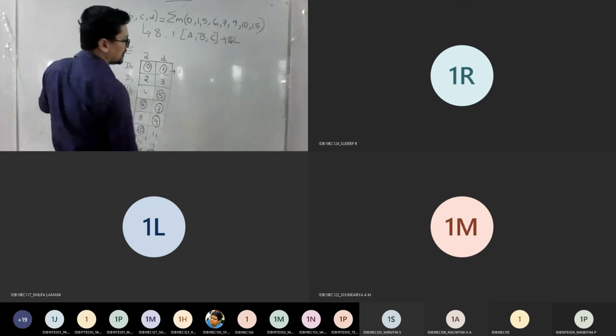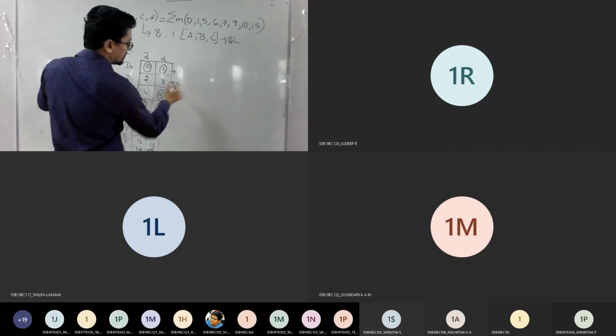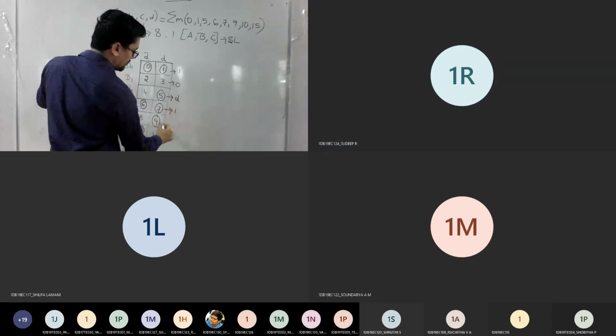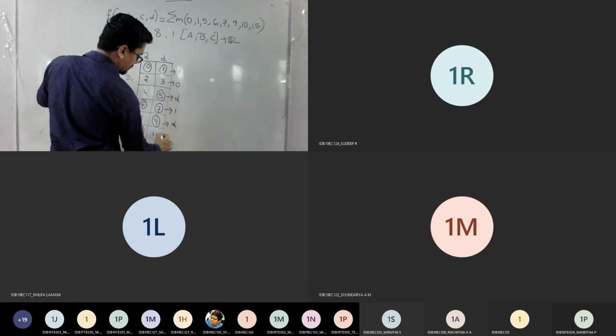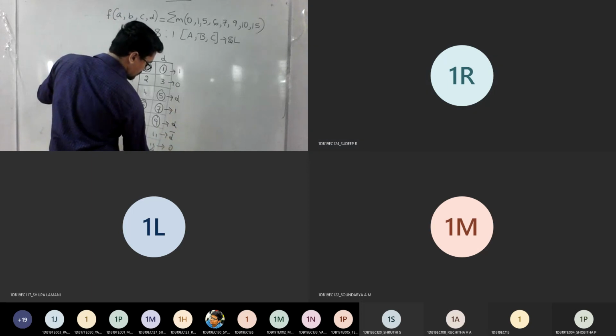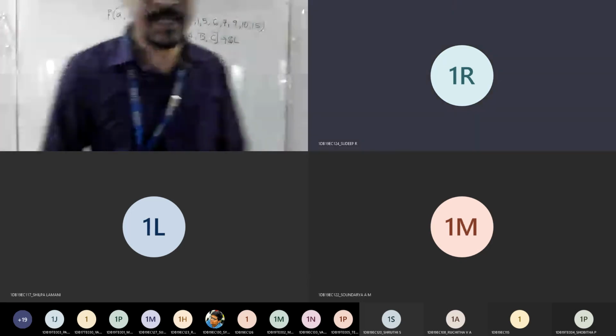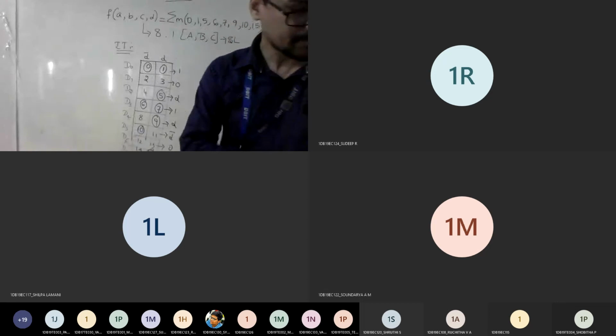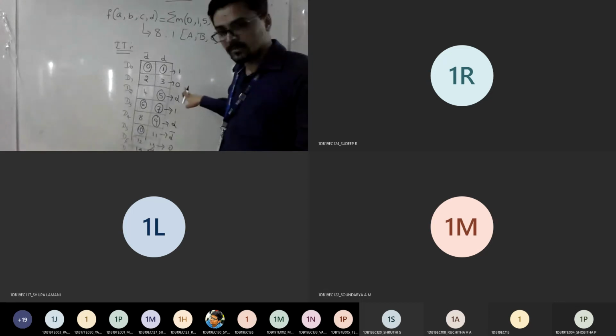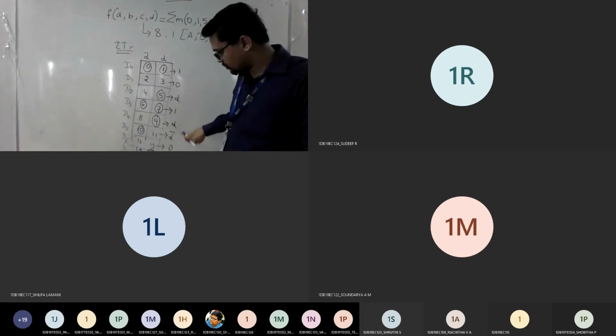Corresponding inputs now: combination 1, 1, 0, 0, D, D, 1, 1, D, D, D bar, D bar, 0, followed by D. Is it correct? So how many D's and how many D bars do you have now? 1, 2, 3.